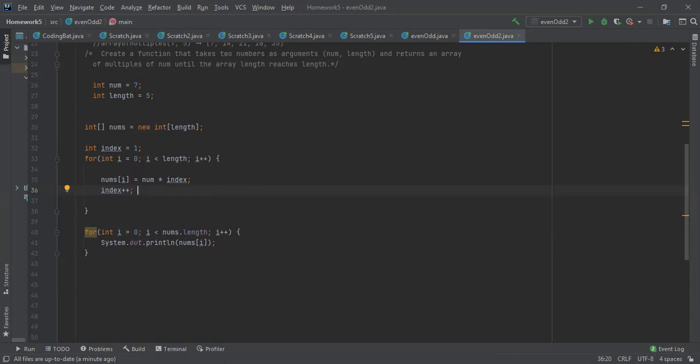So on the first iteration, nums of i is equal to num times index. Index starts from 1, so num is 7. 7 times 1 is 7, and then index is incremented. Next iteration, nums of i, which is at that point nums of 1, referencing the second element in the array, referenced by the first index, would store num times index, and that would just be 7 times 2, which would be 14. So printing this out now,